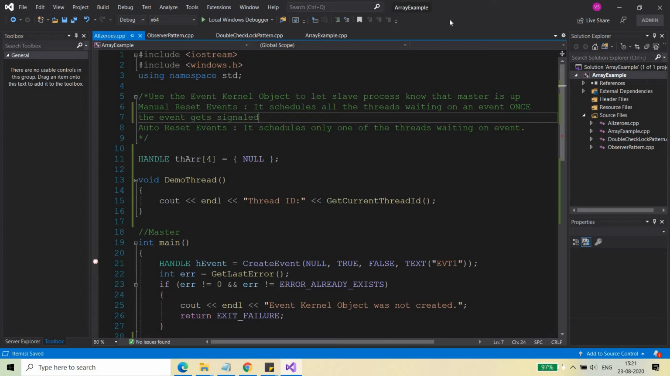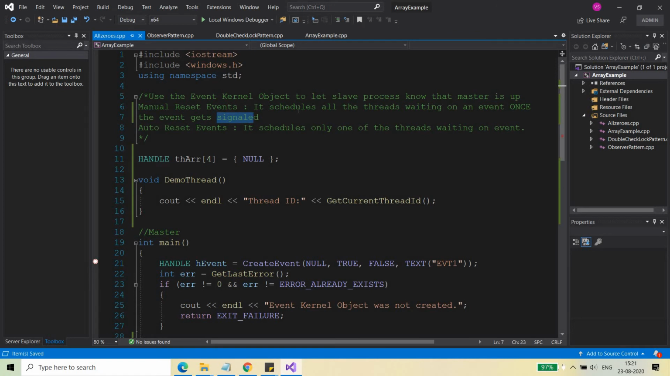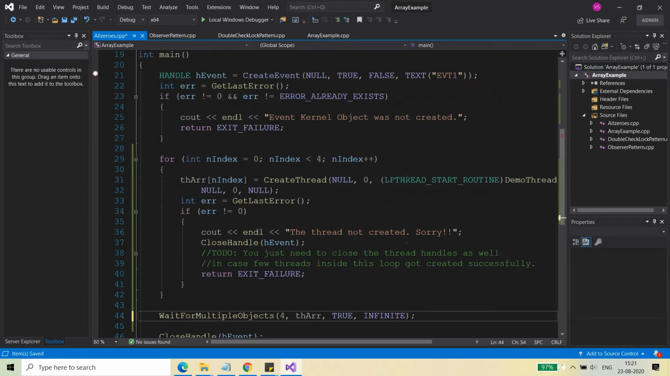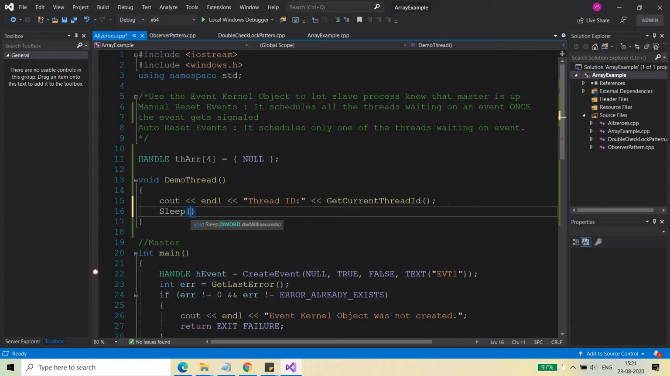I hope you understand what is meant by the signaled and non-signaled state of the kernel object, right? If you don't understand, you need to go back to my previous videos, the theoretical part of the kernel objects, and then you will understand the meaning of signaled and non-signaled states. Okay, so wait for multiple objects, and then let's come to these functions. These functions are returning the current thread ID and everything. And after that, they will sleep, let's say 10 seconds. I'm giving 10,000 milliseconds, so they will be waiting for 10 seconds. And after waiting for 10 seconds,